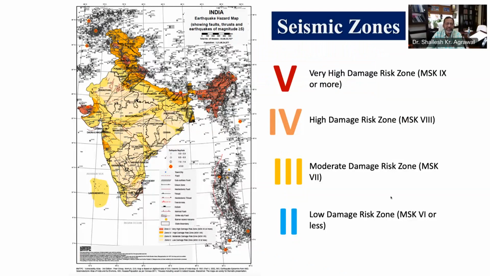India, as you can see, is divided into four zones, and Zone 5 is the highest damage risk zone, whereas Zone 2 is the lowest seismic risk zone. As per the BMTPC Vulnerability Atlas of India, more than 50%, to be specific 56.8% of the area, falls in seismic zones 3, 4, and 5, and therefore any structure we build in these zones must consider earthquake resistant aspects right from the planning stage of the project or facility.